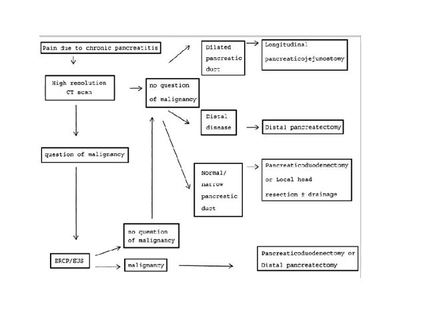If there is no mass and just fibrosis and scarring of the chronic pancreatitis, you need to take the decision according to the pancreatic duct. If the pancreatic duct is dilated, you can go for longitudinal pancreaticojejunostomy. If it is just focal dilatation of a focal area from the distal pancreas, you go for distal pancreatectomy. If it is a normal pancreatic duct, you go for pancreaticoduodenectomy with local head resection and